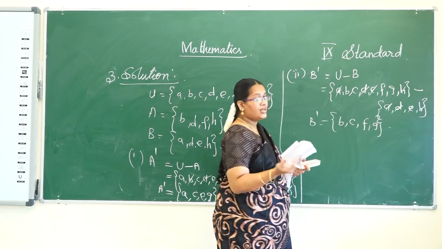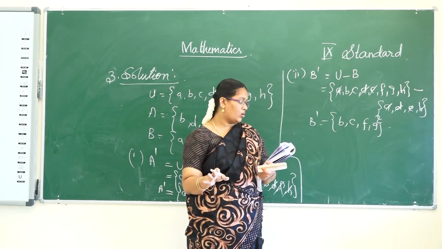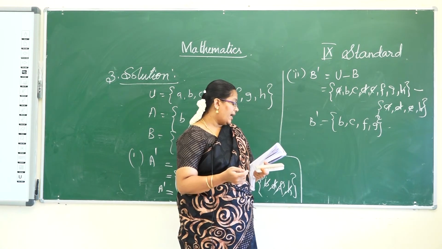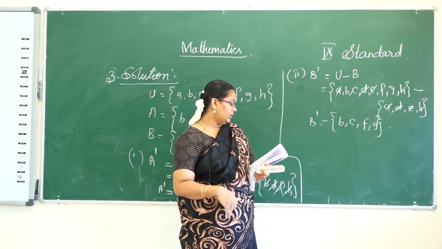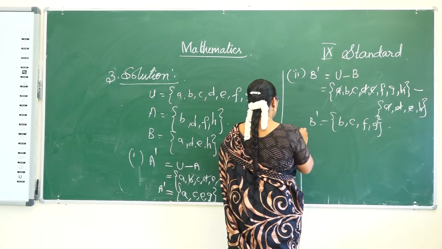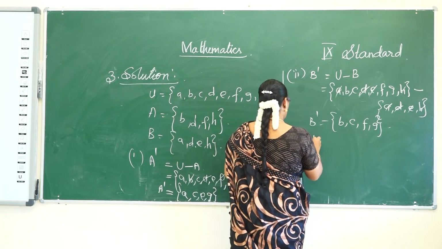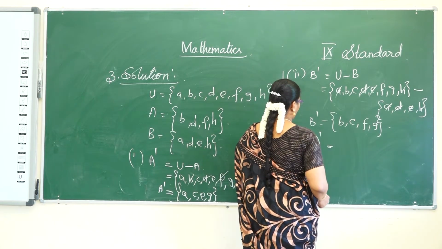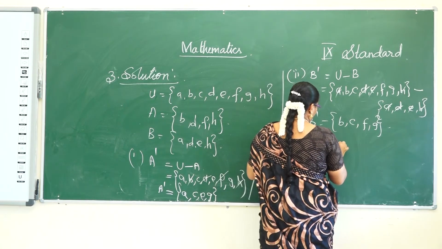Join all the elements in set A dash and B dash, and also A dash intersection B dash, homework. So the third subdivision, fourth subdivision, and then fifth, sixth also homework. Okay, now do the seventh problem. The seventh subdivision is given A dash, the whole complement. So what is meant by A complement, the whole complement?